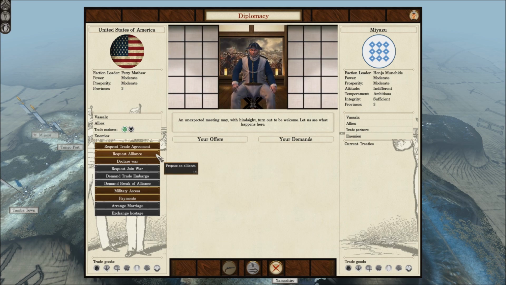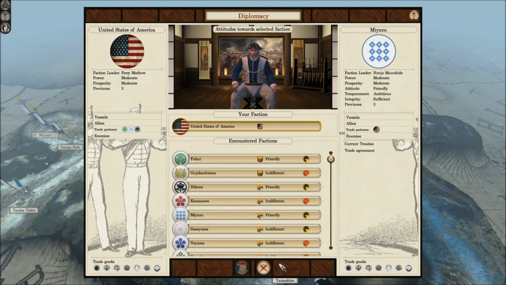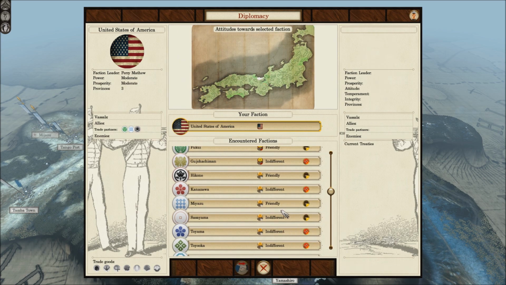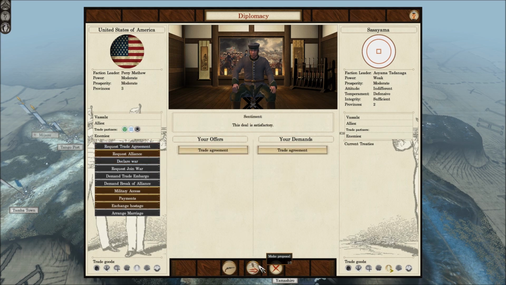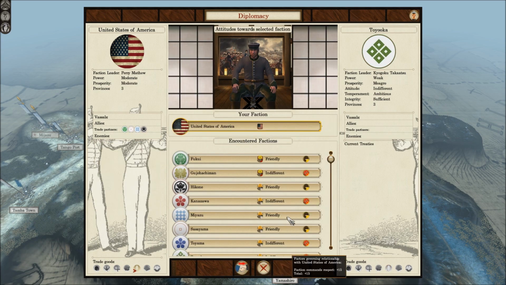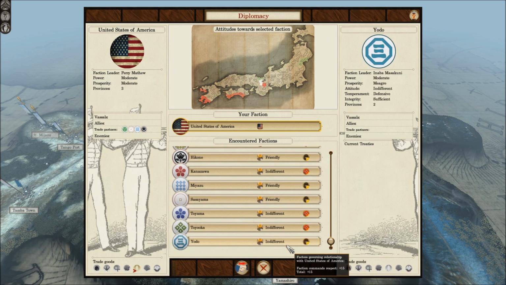But I'm gonna start off by requesting trade agreements with everyone just to get a lot of money. And yeah, so the initial couple of turns I'm not gonna record. It's just gonna be me building up, and I'll come back when we actually get a pretty good hold of